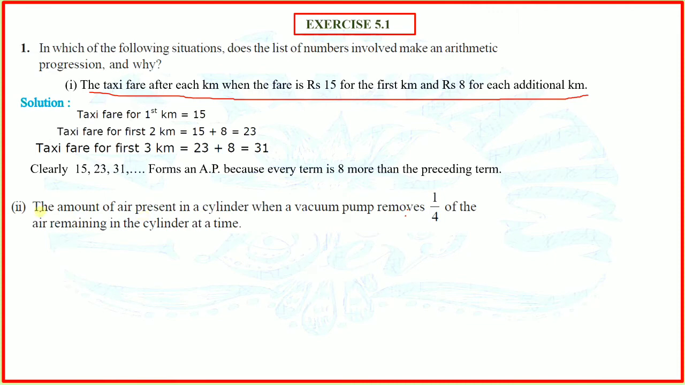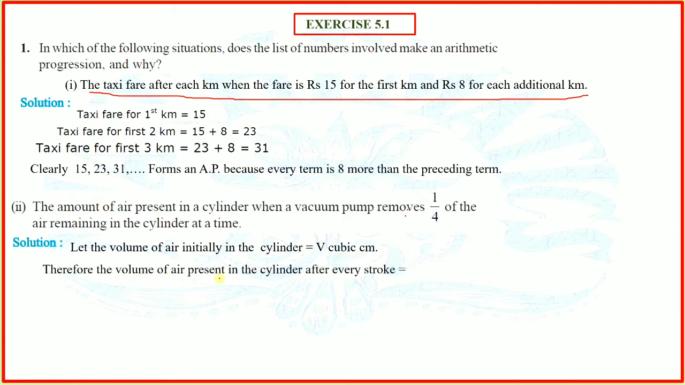So let us take one more question. The amount of air present in a cylinder when a vacuum pump removes 1/4 of the air remaining in the cylinder at a time. Let us go for the solution. Let the amount of air initially present in the cylinder be V cubic centimeter in the beginning. Therefore, the volume of air present in the cylinder after every stroke, where one stroke removes 1/4 of the air remaining in the cylinder,